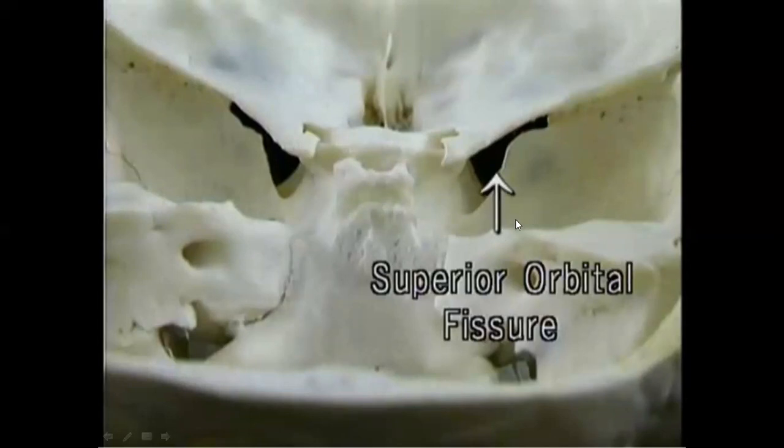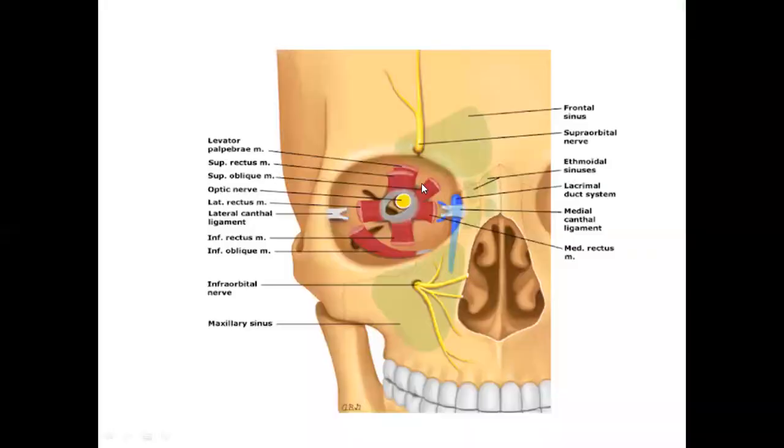Next, over the lower margin on the medial part, there is a tubercle present, and that tubercle gives attachment to the common tendinous ring. See here, this is the common tendinous ring, and this is the superior orbital fissure, and along its lower margin on the medial part, it gives attachment to this common tendinous ring. See, that common tendinous ring is enclosing the optic canal also. Now this common tendinous ring gives origin to the extraocular muscles.